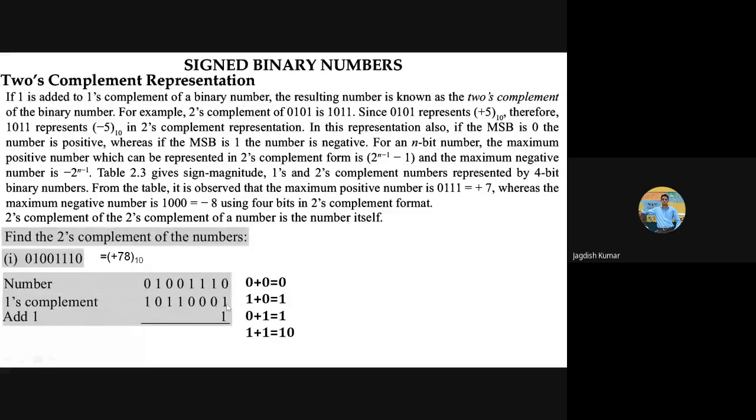So what is the rule here? We have to forget the number, because we are finding 2's complement. We have to add 1 to the 1's complement of the number. So 1 plus 1 is 10: here will be 0, and the second 1 will go to the next bit and be added as a carry. So this will be 1 here. Everything else repeats itself that way, and that is what you finally get. So this is the 2's complement of the number.